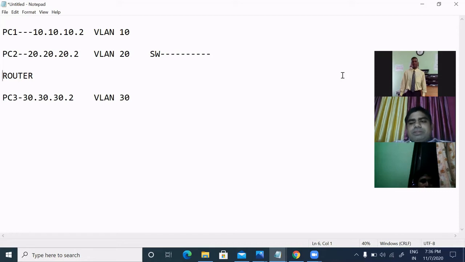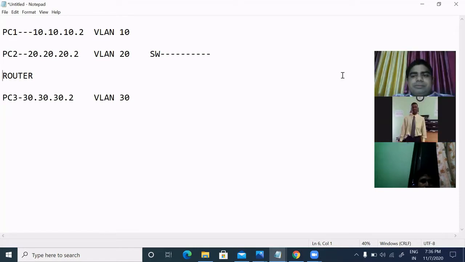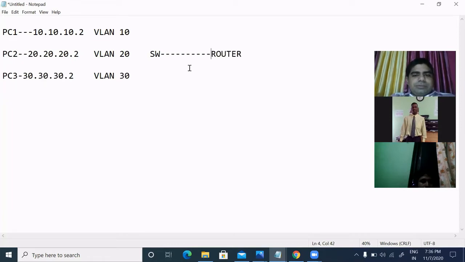Yes, Ambrose, you can unmute and ask a question. Just a quick clarification: the switch that we're using in the VLAN, is it a normal ordinary switch or a managed switch? We will use a multi-layer switch, which means it will be an L3 switch. We cannot do this on an unmanageable switch or one which does not support that. So we will take a layer 3 switch. It will be clear after the practical.